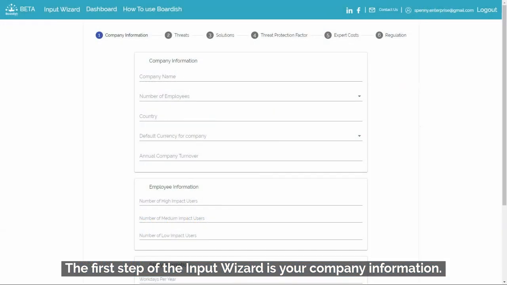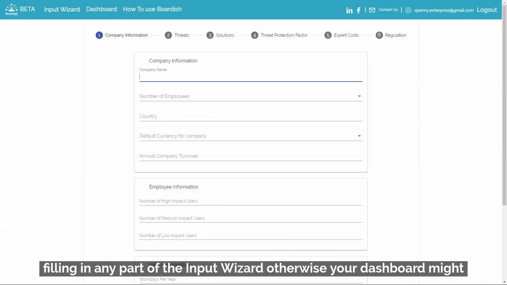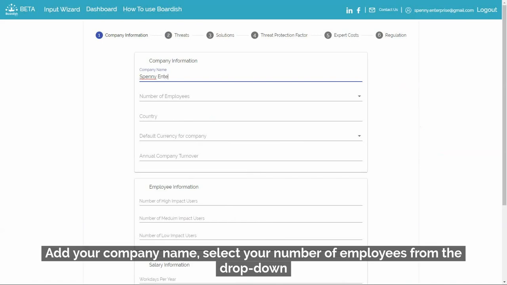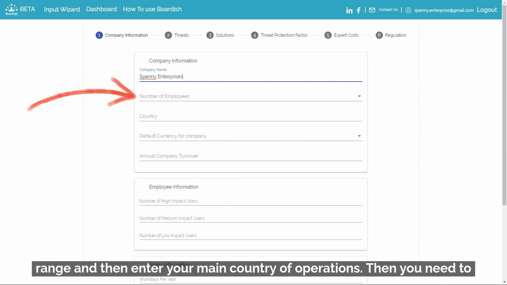The first step of the input wizard is your company information. It's incredibly important to give as accurate details as possible when filling in any part of the input wizard, otherwise your dashboard may not give an accurate picture of your organisation. So let's get started. Add your company name, select your number of employees from the drop-down range, and then enter